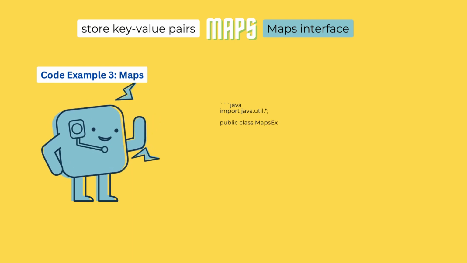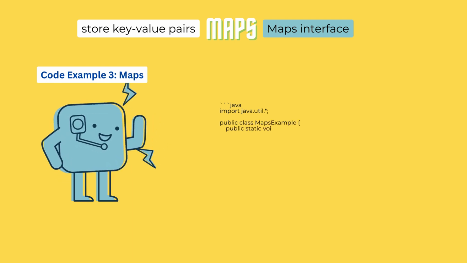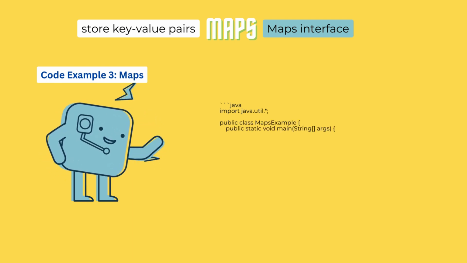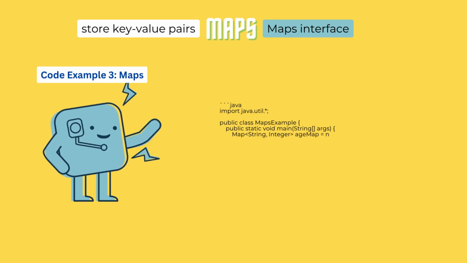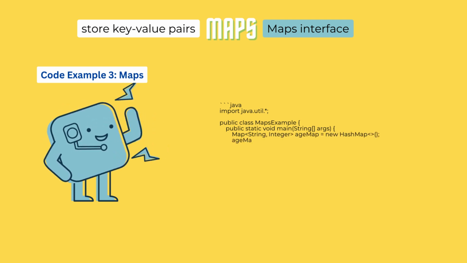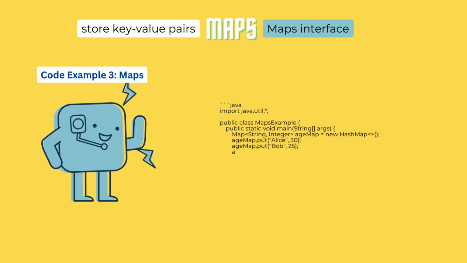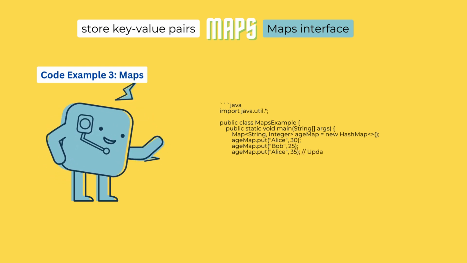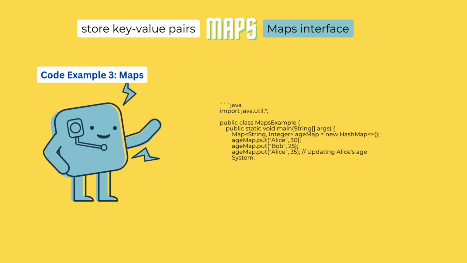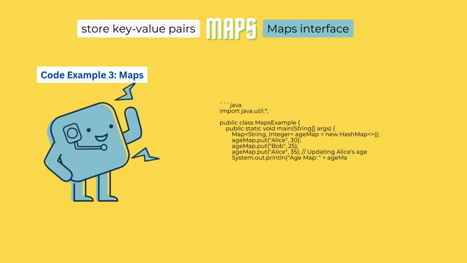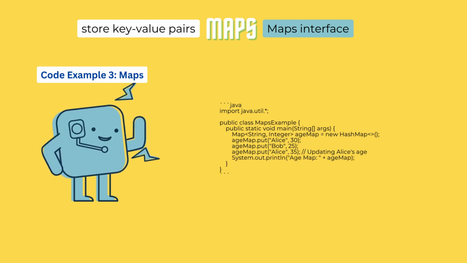util.*; public class MapExample { public static void main(String[] args) { Map<String, Integer> ageMap = new HashMap<>(); ageMap.put("Alice", 30); ageMap.put("Bob", 25); ageMap.put("Alice", 35); // updating Alice's age System.out.println("Age map: " + ageMap);